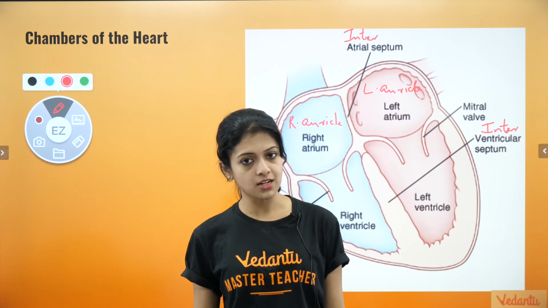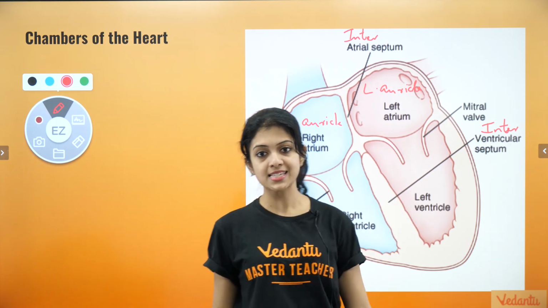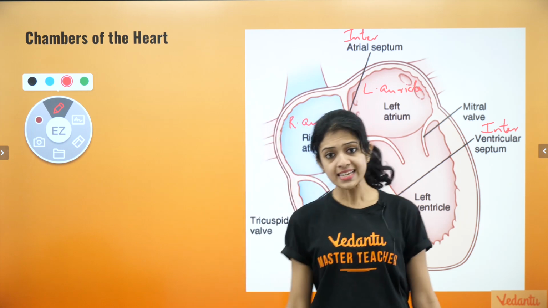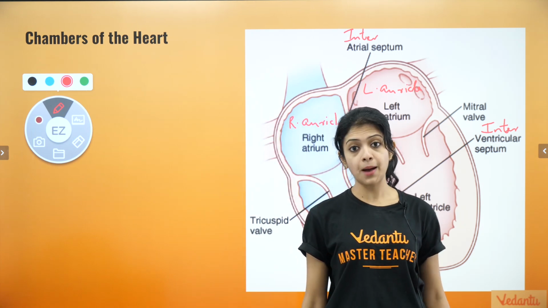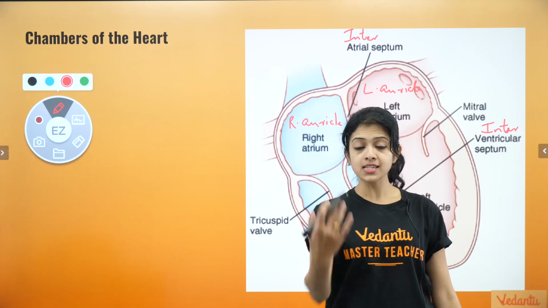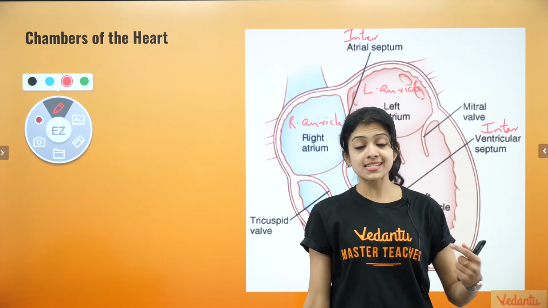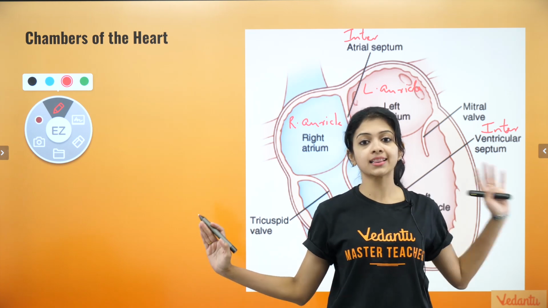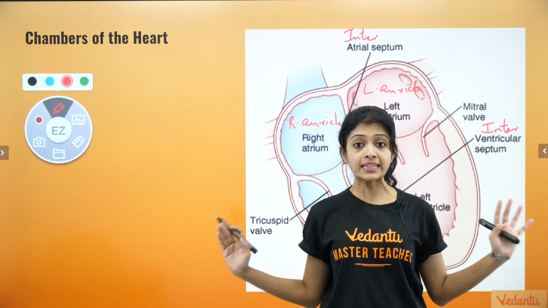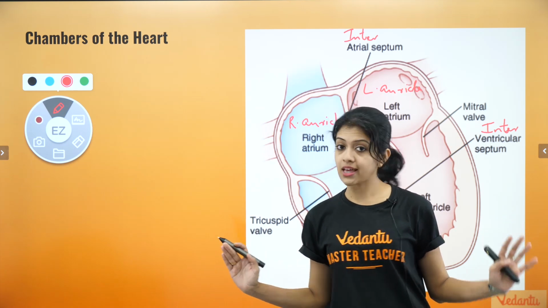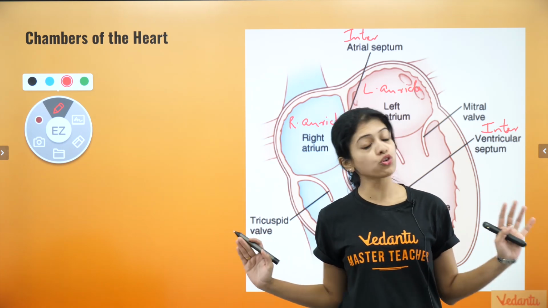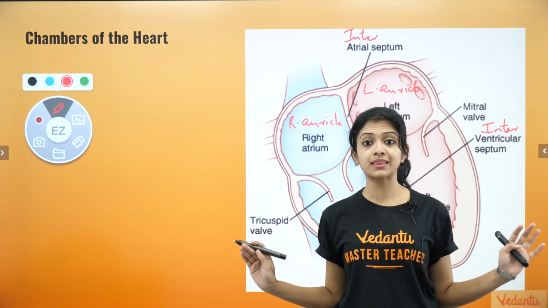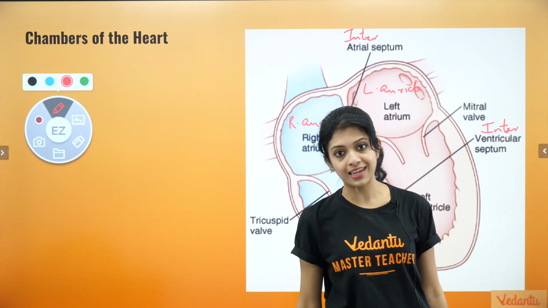Yes, understandable, right? So always from the basics, when we learn the structure of the heart, imagine that this is how you have to think about it. A person is standing in front of you and you are facing that person. It is that person's heart that you are looking at. So the right and the left. Get this very, very clear in your head right now. There is no point continuing if you don't get this basic right. Okay? The right side and the left side. A very simple thing, yet a very, very critical thing about the heart.